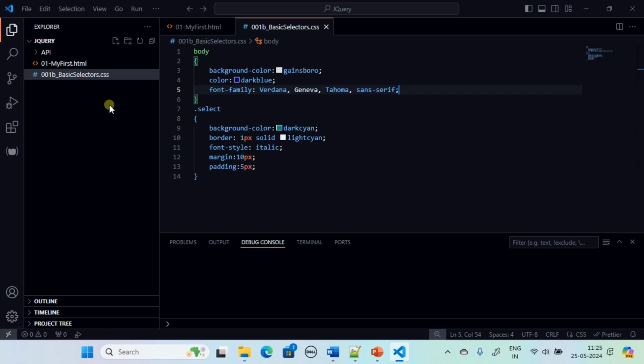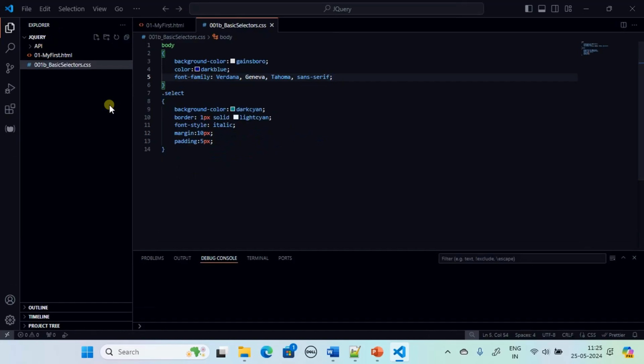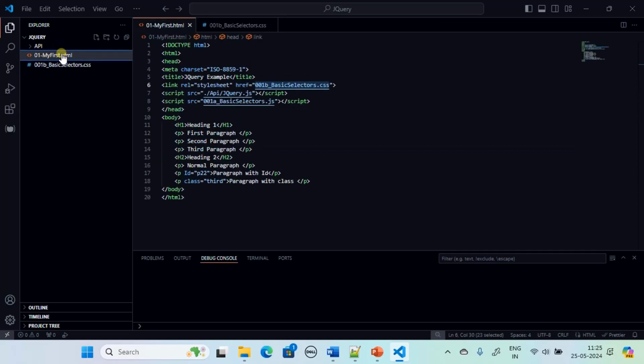But if you are a complete beginner, I would suggest you start typing the code. But if you have some basic experience and if you want to learn quick, you can do the copy paste, and whenever you want to make some modification, that time you can use the IntelliSense. Alright, this is our CSS file. Now let's go back to our myfirst.html